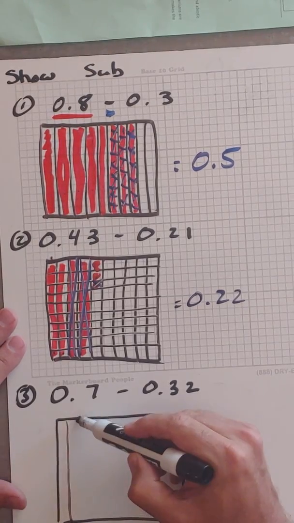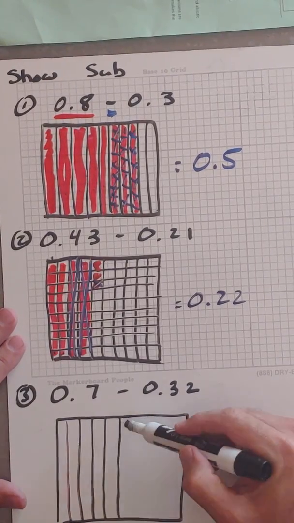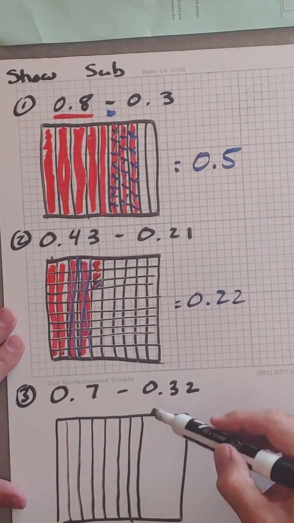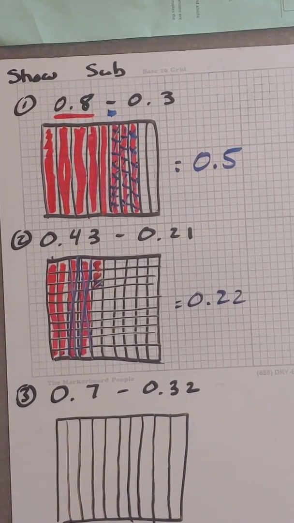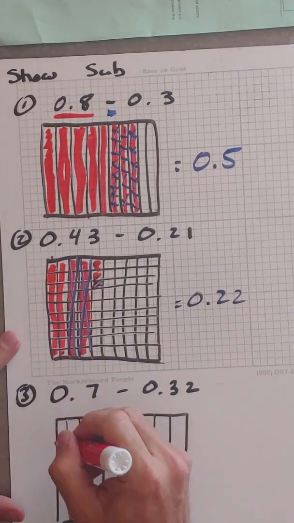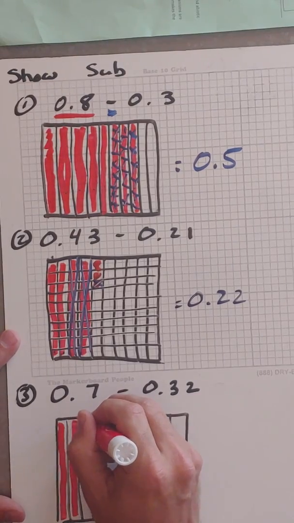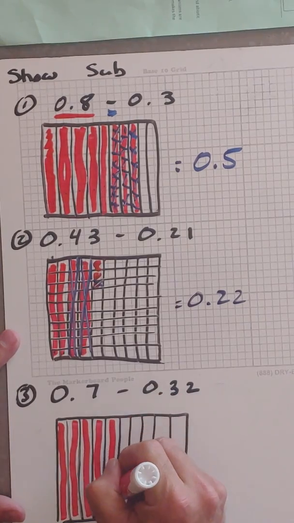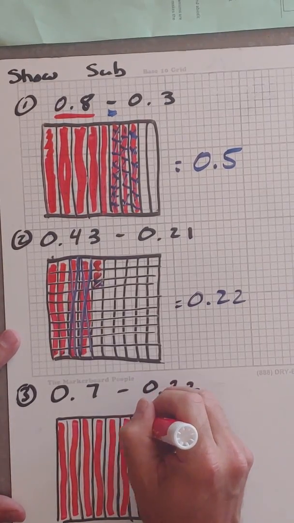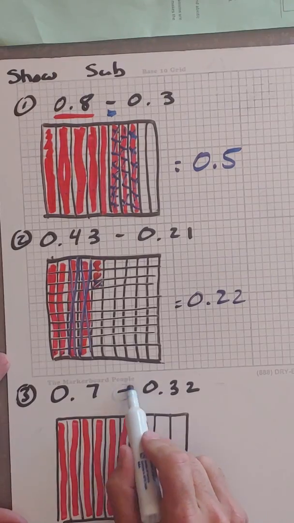See how that looks. 1, 2, 3, 4, 5, 6, 7, 8, 9, and 10. And then I'm going to once again color in my 7. There's 1, 2, 3, 4, 5, 6, 7. And then this tells me to take away